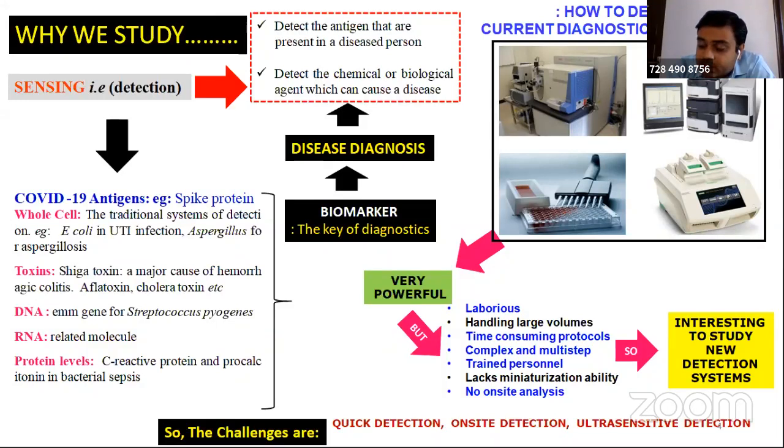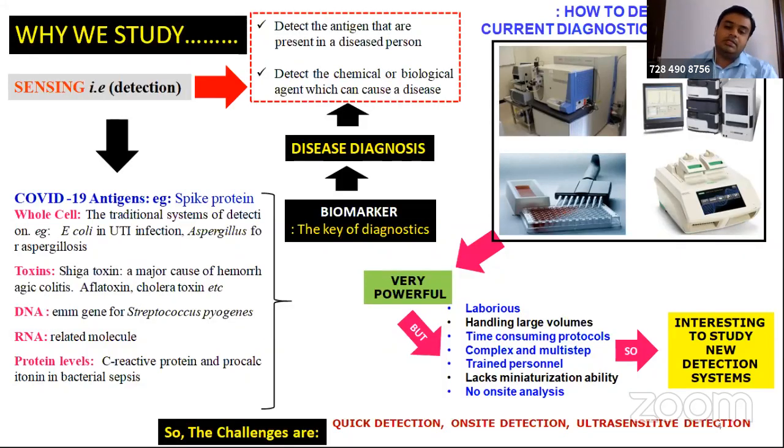And it doesn't assist the process of miniaturization. It means you have a device, for example, that you can keep in the pocket, right? Versus a device which you have to house somewhere particularly. So there is a difference. The device which is very small in size, that is called miniaturization, and that is always required for personalized diagnosis, right? So the traditional approaches do not favor on-site analysis. You have to go to the laboratory.